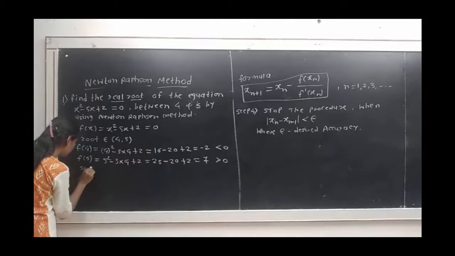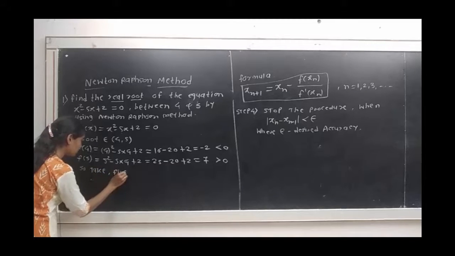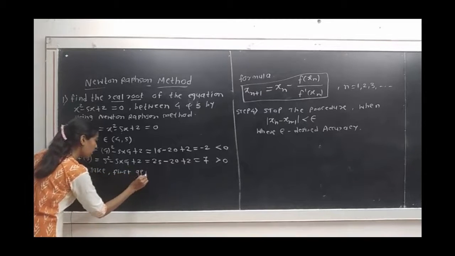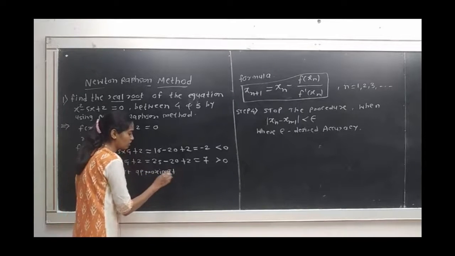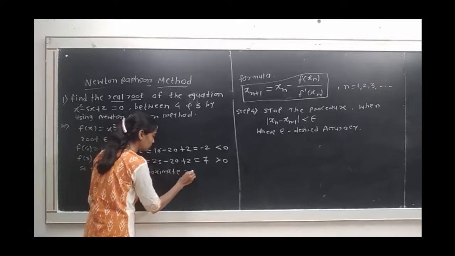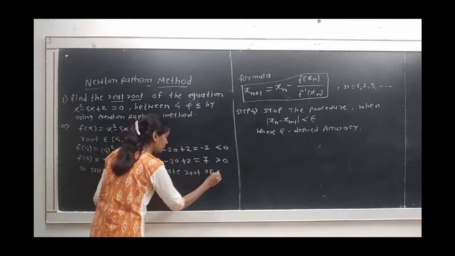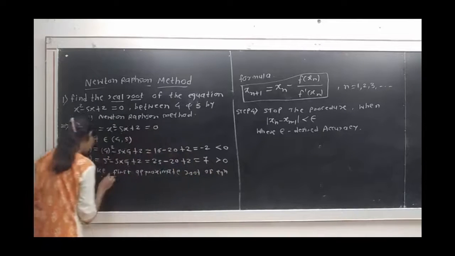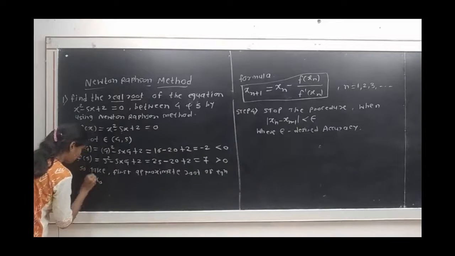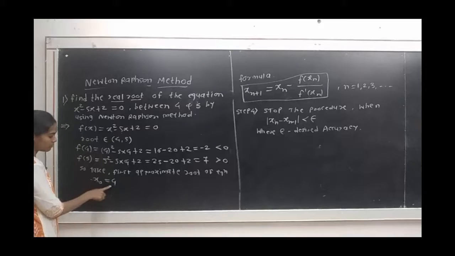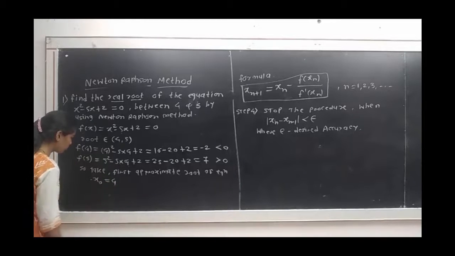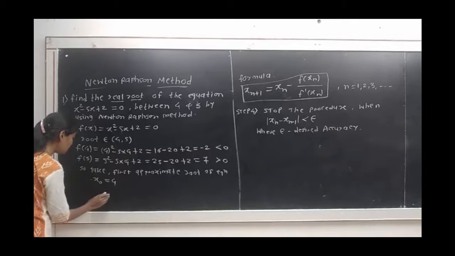So we take the first approximate root of the given equation as x0 is equal to 4. We take the first, that is the initial, approximate root as x0 is equal to 4. Then